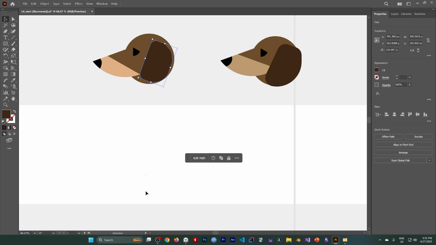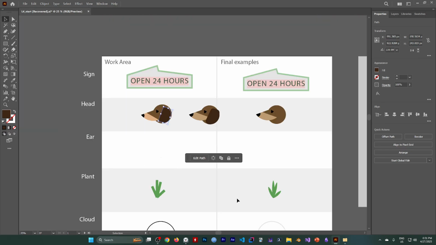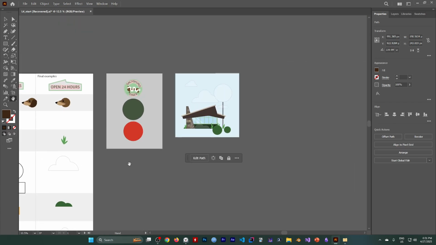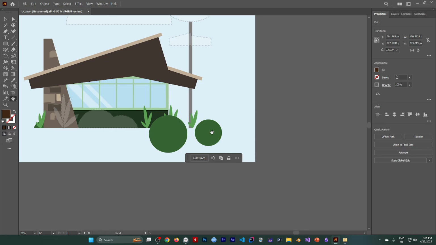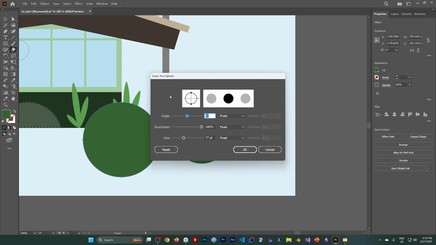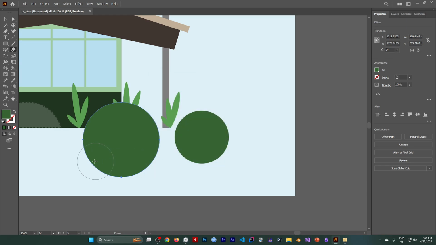Next, we're going to use the eraser tool to erase in a straight line. For this one, we're going to first select a shape and then use the eraser tool. If you double click it, it opens the eraser tool options. We're going to increase and then shift drag,